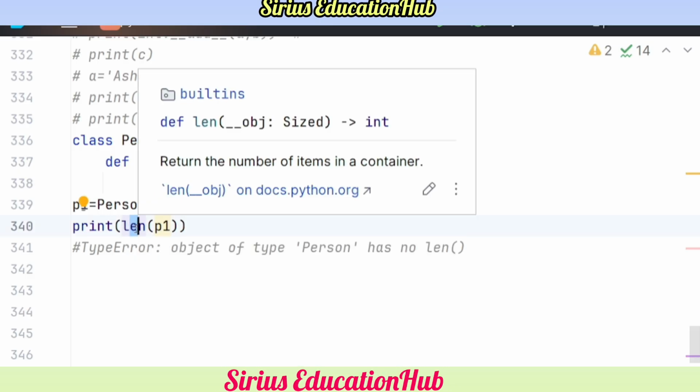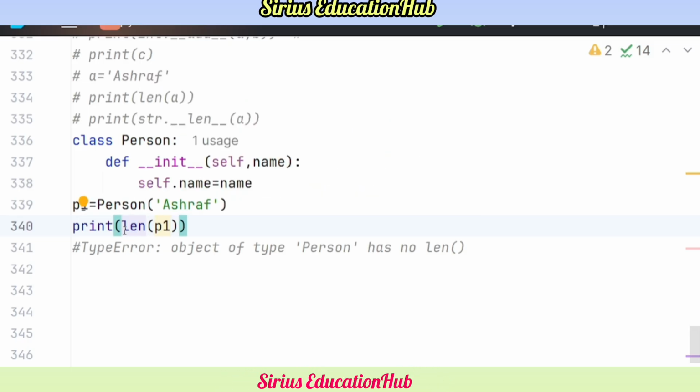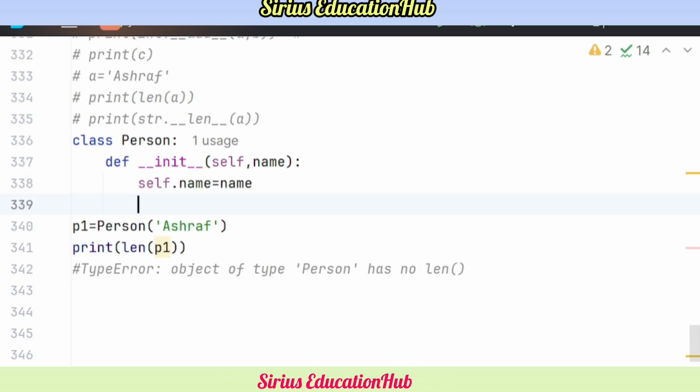If you want to use this built-in operation in user defined classes, then we have to make use of the magic method. The magic method comes into the picture here. Okay, now I will write here. I will say def,